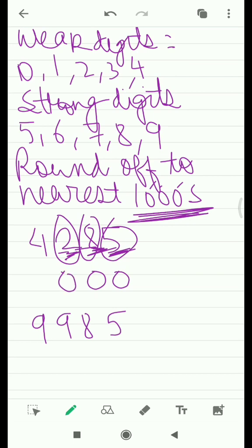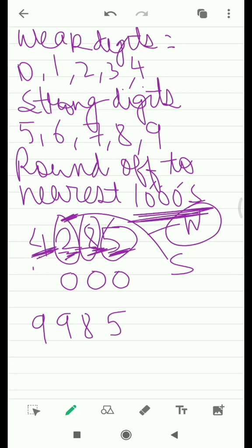Now when we look for the weak or the strong digit, remember we have to look at this one, this 2, whether it's weak or strong. Now whether it's weak or strong, it's weak, right? So it doesn't have power to push this 4 to 5 क्योंकि 2 एक weak digit है. तो ये 4 को 5 नहीं बना पाएगा, इस 4 को 5 नहीं बना पाएगा, तो ये 4 का 4